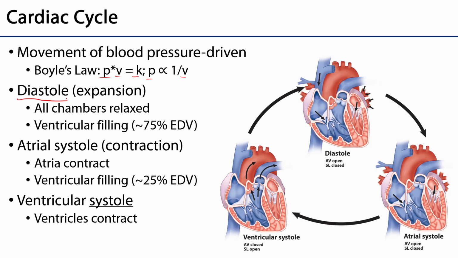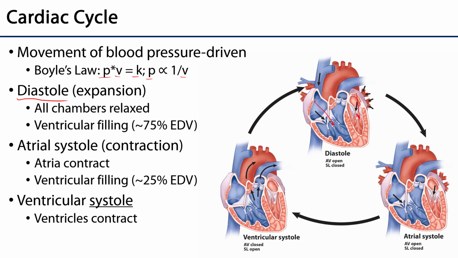Diastole comes from a Greek word meaning to expand or expansion. And what happens here is that the myocardium of the atria and ventricles relaxes. And as a result, the heart dilates. It expands, and then pressure within the ventricles specifically is going to draw blood through the atria and into the